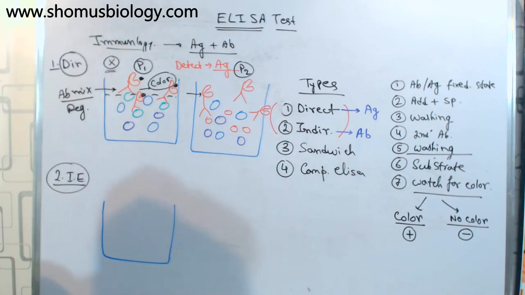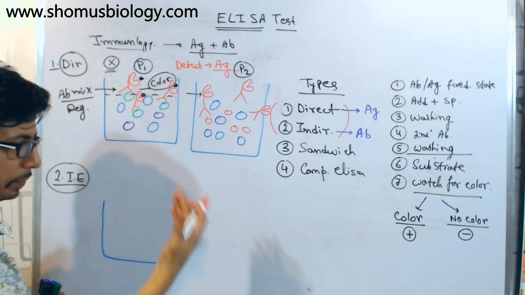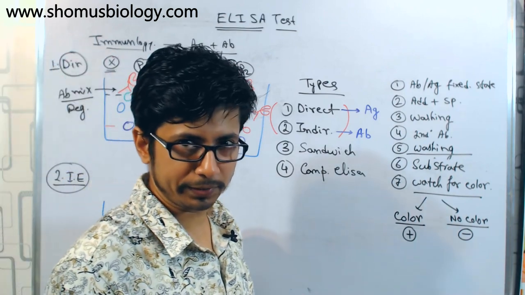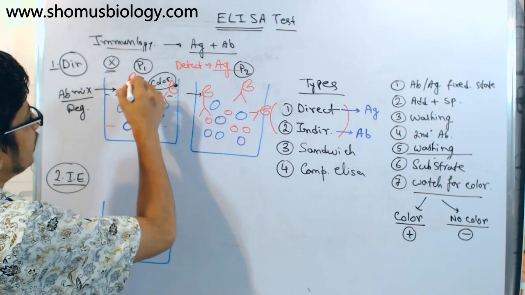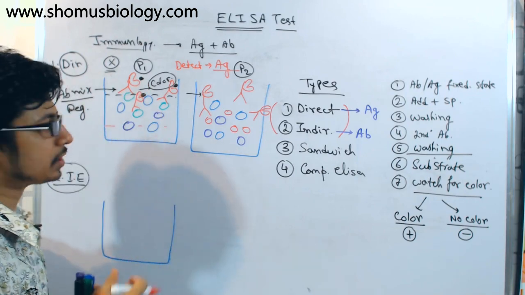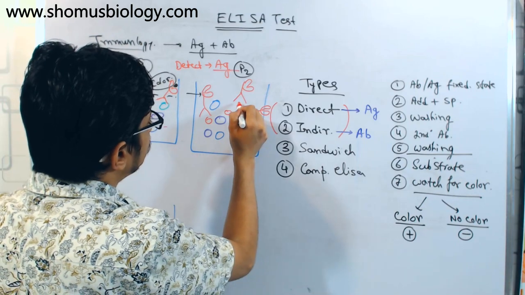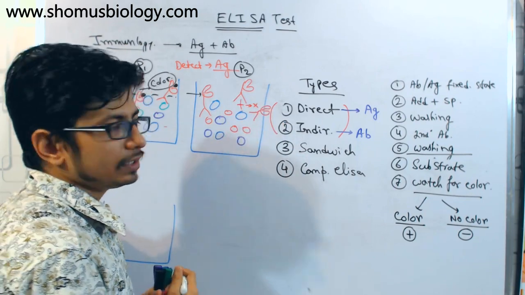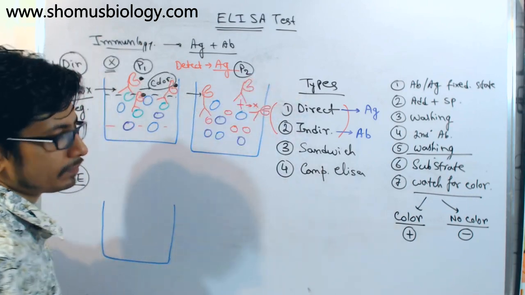Okay. And what happens afterwards is that, normally in the case of this direct ELISA, the sample that we add is generally fixed to the well, so that it cannot go out of it. So what happens here is that the antigens are fixed to the well, and then we add the antibody linked with enzyme, then we wash, unbound things are washed out, and then we add substrate, which is converted to colored product. But without antigen antibody interaction, remember, the enzyme cannot convert the substrate into product.